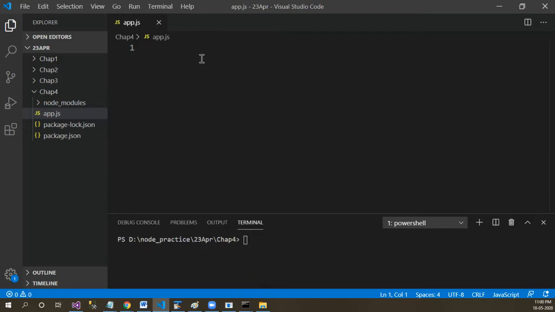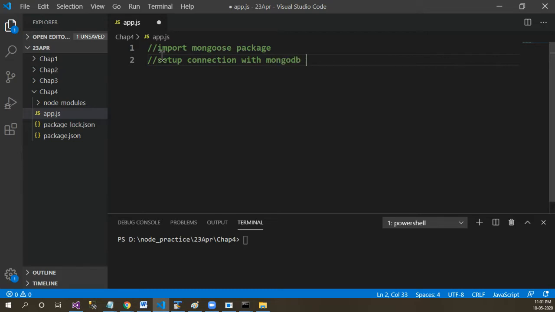After Mongoose is installed, let's start with setting up the Mongoose library. The first thing that we'll do is import the Mongoose package. Second, we'll set up the connection with MongoDB using a connection string.